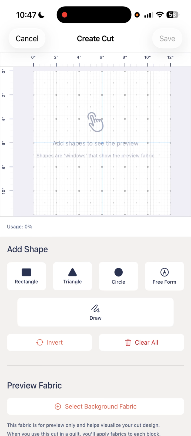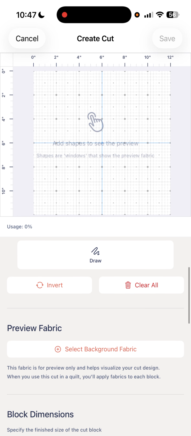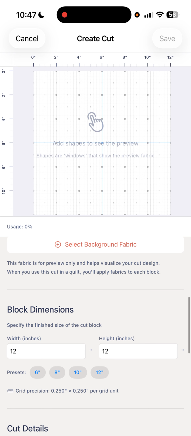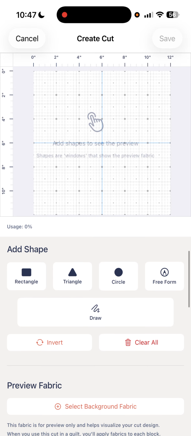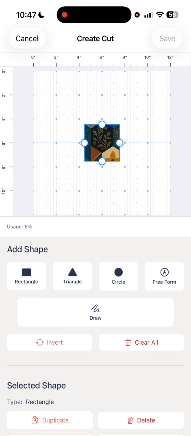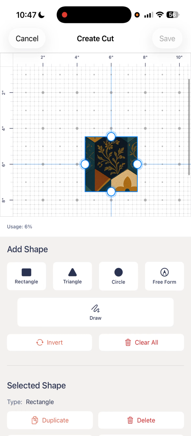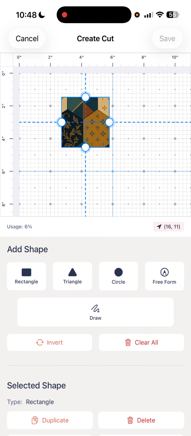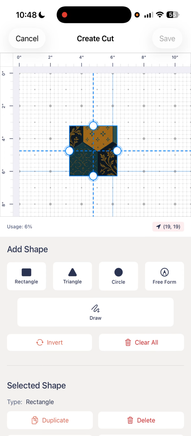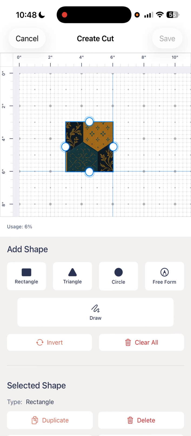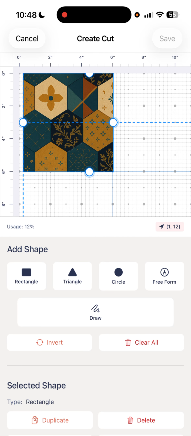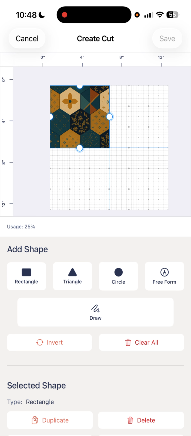And you can see here that I've got a block that I could cut up, and I can specify the dimensions if I want to, but I'm going to leave it at 12 by 12. I'm going to select rectangle to add a shape here, and you can see that it adds a shape to the block. If I just grab the center there, I can move it around. And so I'm going to expand this to fill up what I want it to represent as my cut as I'm designing my